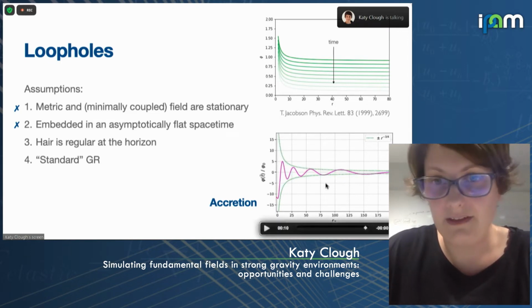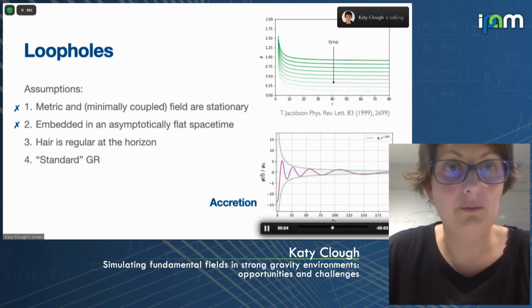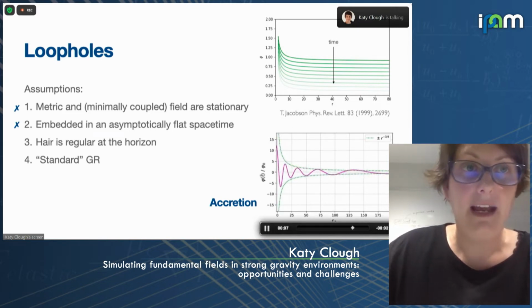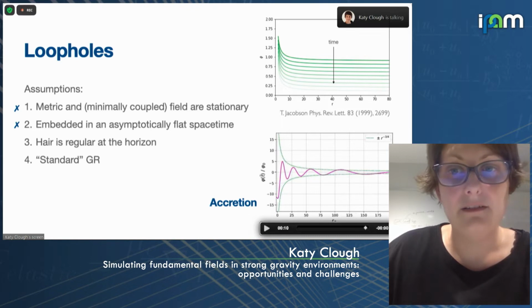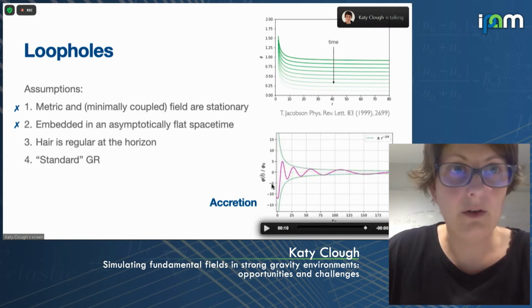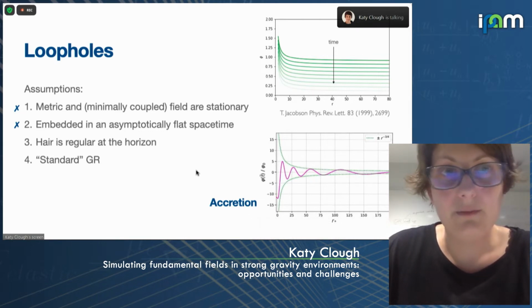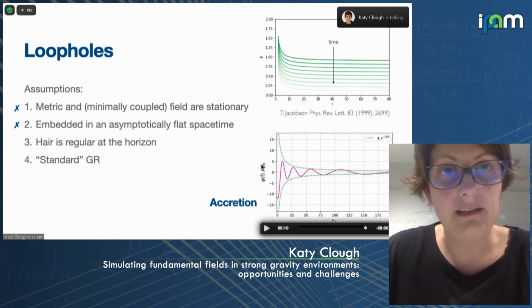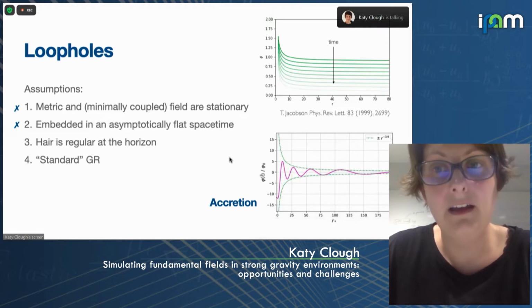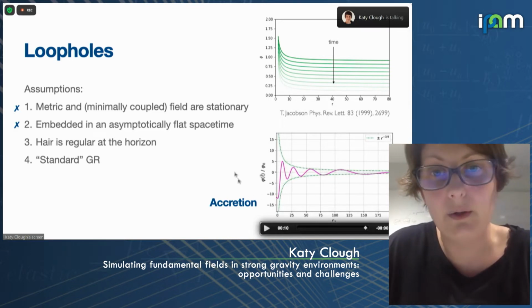So I think you can see that. I don't know if I can play the movie again. Yes, I can. So asymptotically, you have some reservoir of a scalar field that has some energy density, and that is flowing into the black hole, and the energy density around the black hole is enhanced, essentially because of this Shapiro time delay effect. So as I say, that's not mentioned so much, but this is actually quite motivated, particularly in the case where you have your scalar field being a dark matter candidate. Then you do have this idea of a reservoir of scalar field. That's your reservoir of dark matter around the black hole.